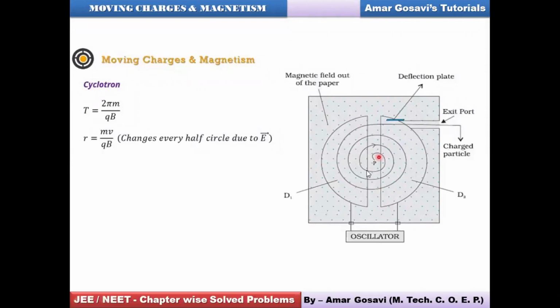All right, then again when it enters D1 over here, the magnetic field will ensure that it moves in a circle, and again it reaches the periphery. Now, the moment it reaches the periphery, the polarities again reverse. So you can see now D2 becomes negative and D1 becomes positive. So therefore, again the particle from this point will jump the gap and enter D2. And this thing keeps on happening continuously till a spiral motion is being observed.